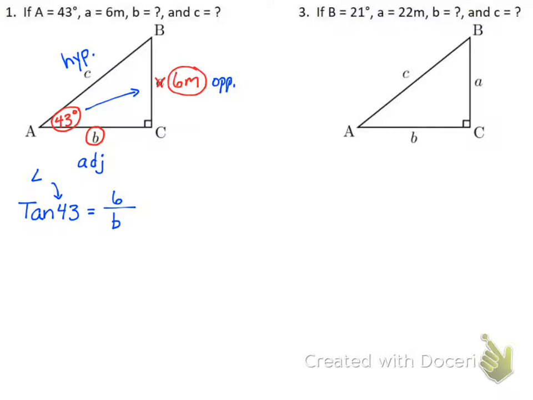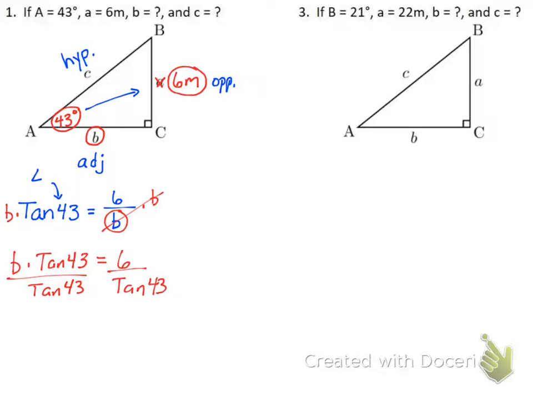The way that I do this is I'm always going to multiply both sides by whatever's on the bottom. So on the bottom is my B, so I'm going to multiply both sides by B. So I get B times the tangent of 43 is equal to, these B's cancel out, and I'm left with 6. Again, to solve for my variable, I'm going to divide both sides by the tangent of 43. And so I get B is equal to, in my calculator I'm going to type in 6 divided by the